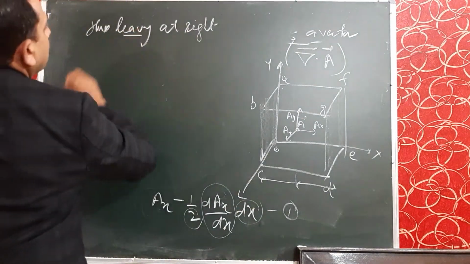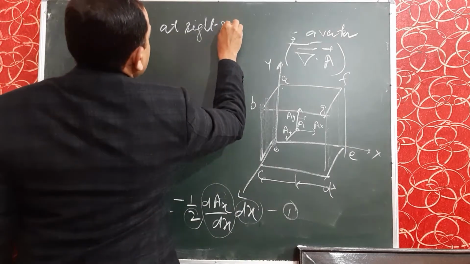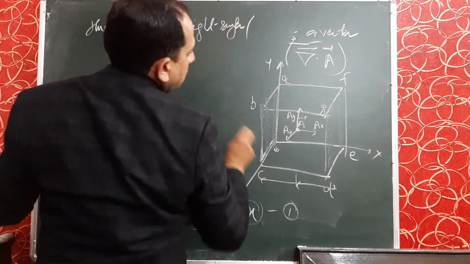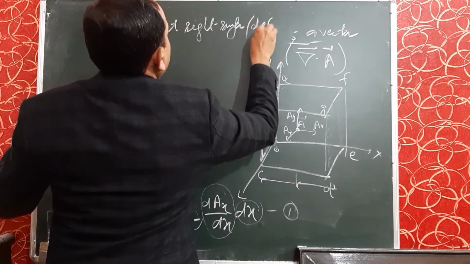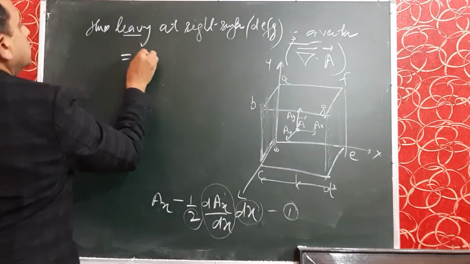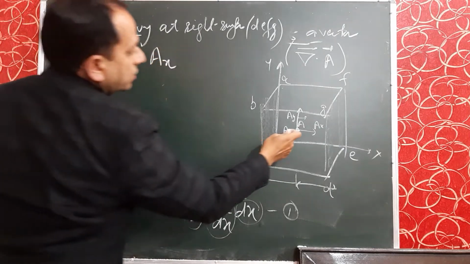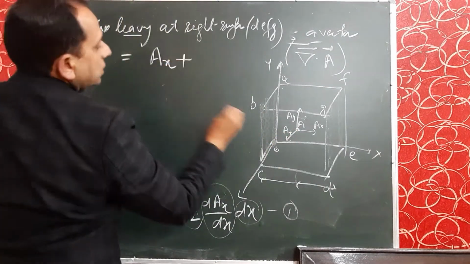So flux leaving at the right surface, and the surface is DEFG. This is Ax, because at the center it is Ax, and plus,